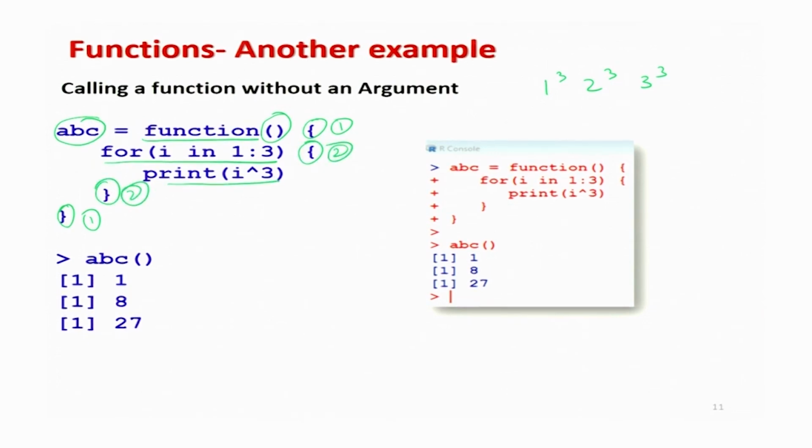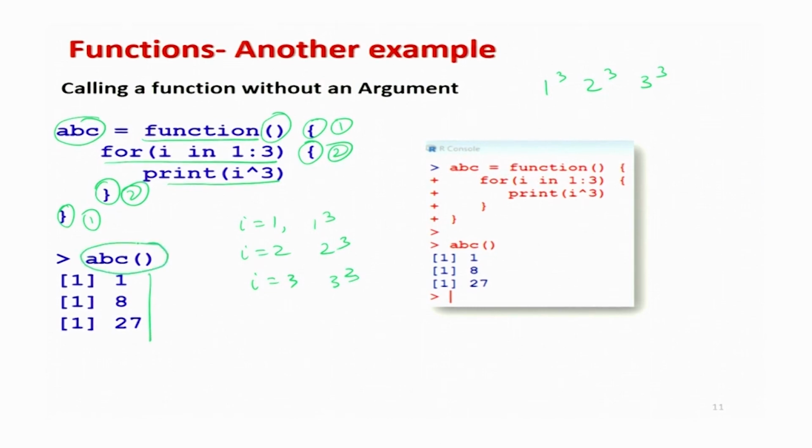So, now you can understand these things very easily. What will happen here is, I will come to 1, and it will try to print 1 cube, then I will come to 2, it will print 2 cube, then I will come to 3, and it will try to print 3 cube. So this will be 1, 8, 27, and in order to execute it, you simply have to give